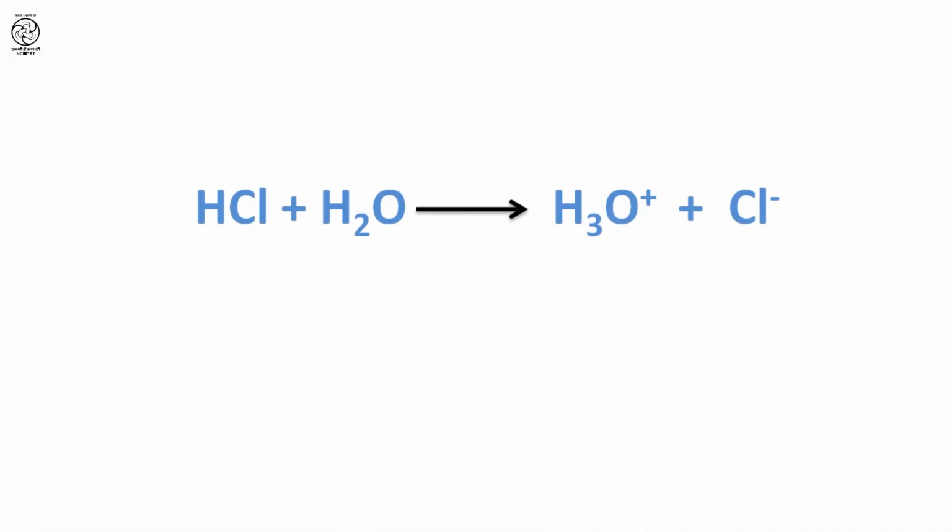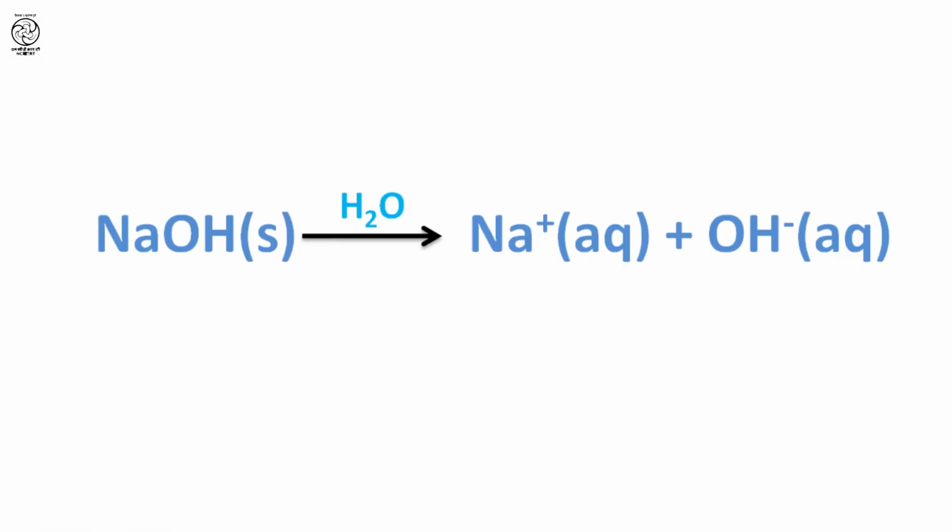You are right. HCl is acidic in aqueous media. When you have a solution of HCl in water, you will find that it is dissociating into H positive and Cl negative ions. In fact, in aqueous media, H positive ions exist as H3O positive. So, when you write the equation of dissociation of HCl in water, you write H3O positive plus Cl negative. Likewise, a solution of NaOH will dissociate into Na positive and OH negative ions. Naturally, in the first case H positive ions are produced, so HCl is acidic, and in the second case NaOH produces OH negative ions, so it is basic.